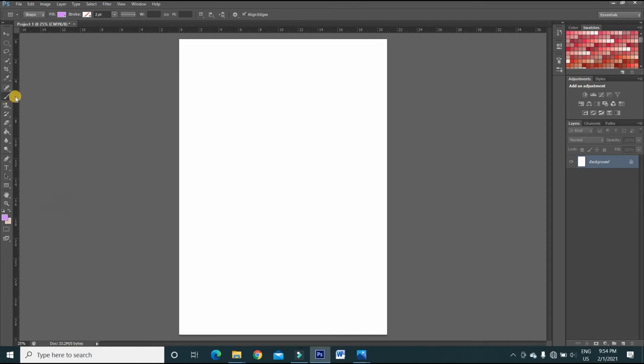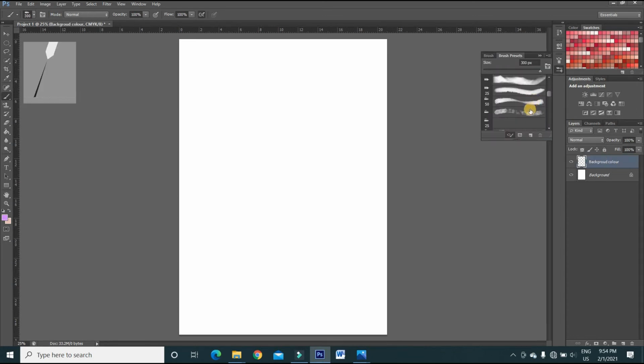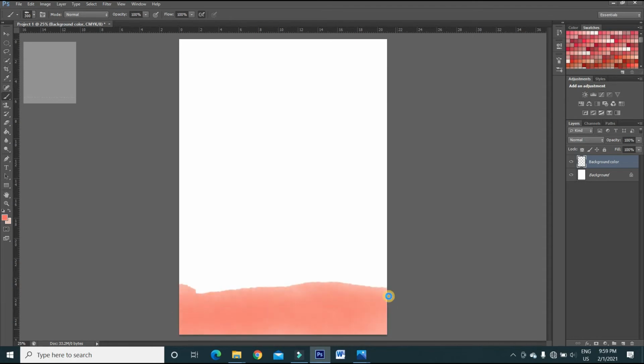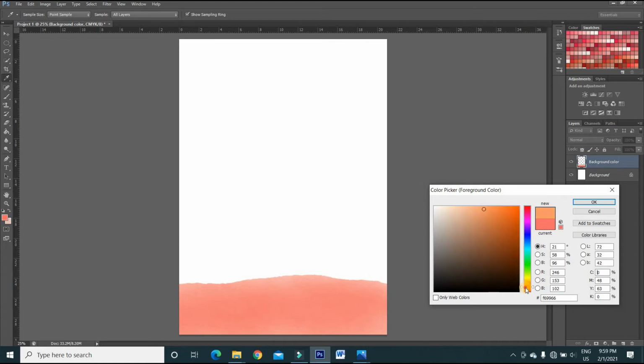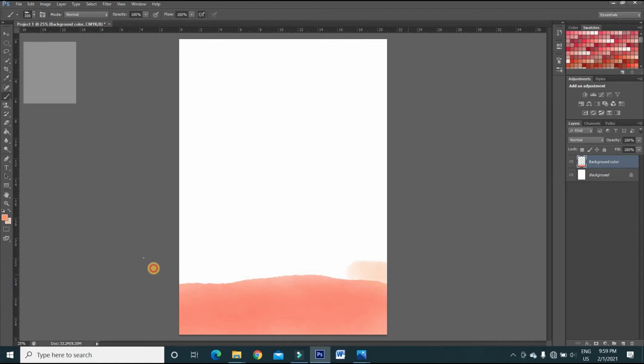So first going to use the brush to color the background and taking a new layer, rename it, and selecting a brush style, and now just simply color the background, changing the color a bit, and again the same thing.